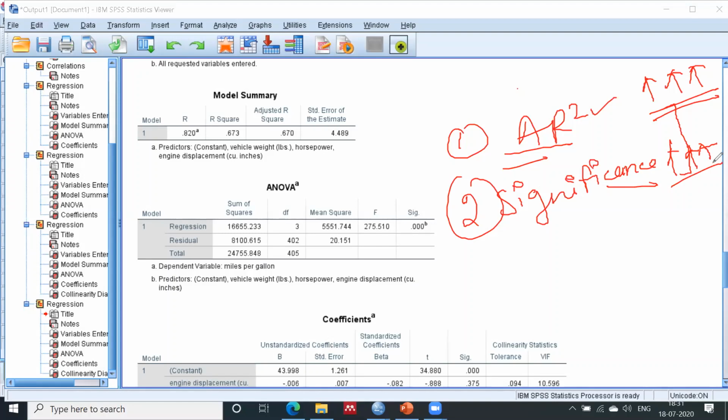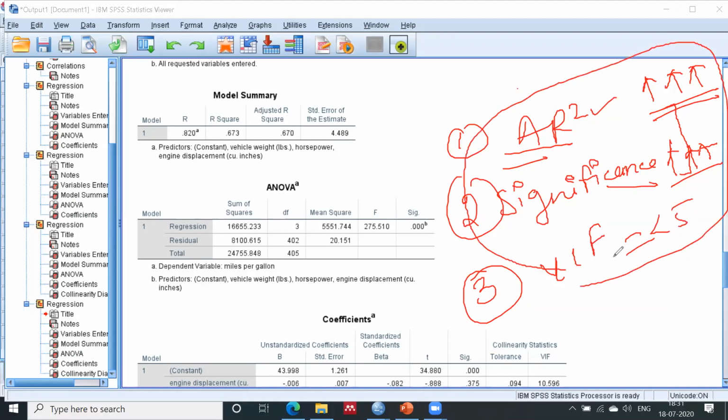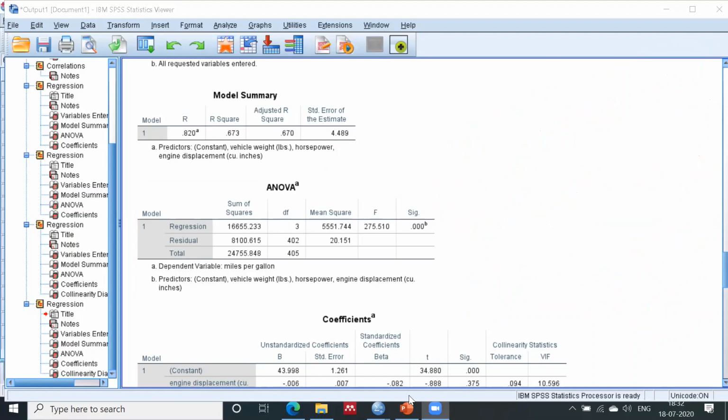It is possible that the result is insignificant but adjusted R square is less than 60%, correct? And if you find multicollinearity, then the third parameter comes into existence, that is VIF, and the VIF should be less than 5. If all these three parameters are satisfied, then you can say that my model is the perfect model, right?